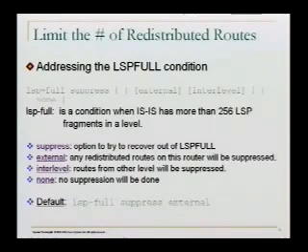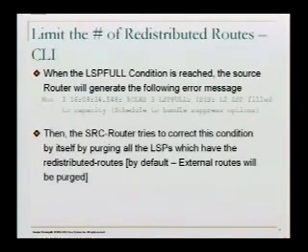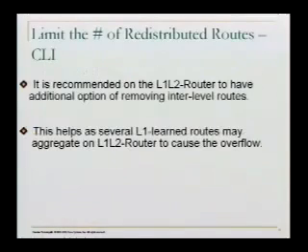That means if I'm having a hierarchy, level 1 and 2, then at the level 1 and 2 router, it does not suppress the interlevel routes. That means interlevel routes still go into the other domain, into the subdomain or into the domain. Then in that case, you really need to have the interlevel option. So it is recommended that on the L1, L2 router you have the additional option of removing the interlevel routes.